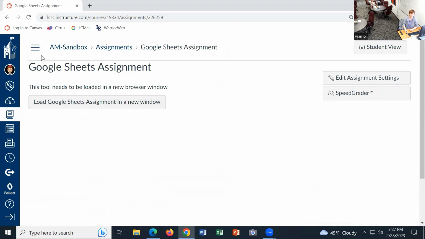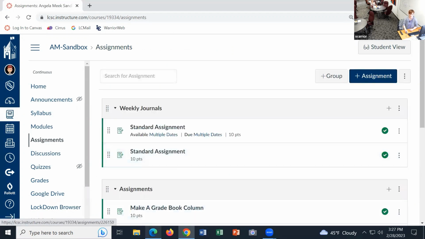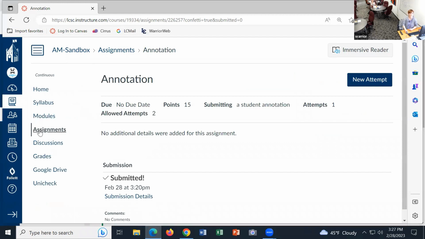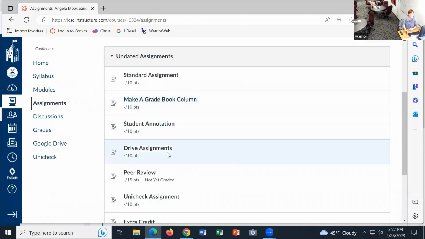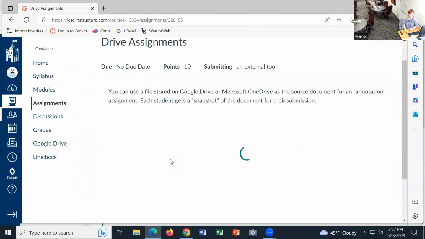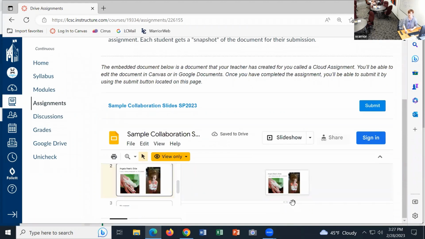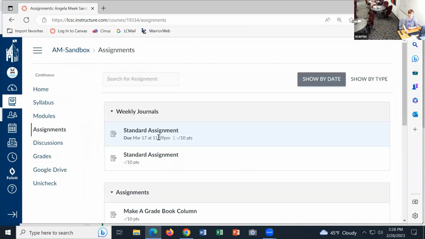That needs to load in a new browser. I'm not going to do it as the teacher because that's not as relevant. Then now I'm in my student login again. Go to the assignments. I saved this one, the one I was setting up. So actually, this is what it looks like if you tell it to not load in a new window. It basically pulls Google into Canvas. It's very small and weird. So definitely check that box.